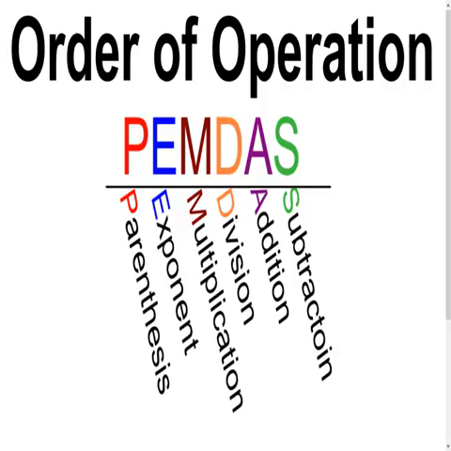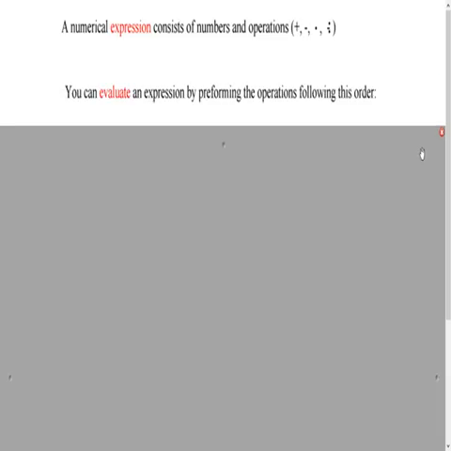This video is a quick review of order of operation. Order of operation is the order that you use when solving a numerical expression. A numerical expression consists of operations and numbers. And you can evaluate it by using this order: